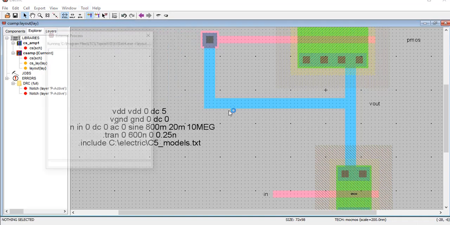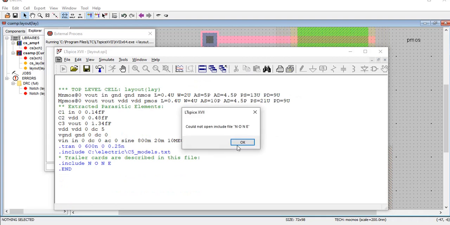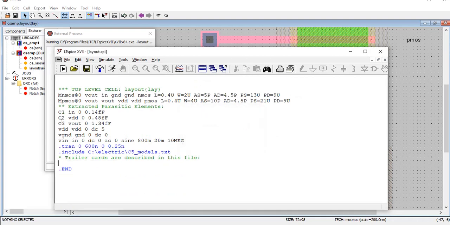simulation spice, write spice deck, just remove all the parameters over here, include none also you remove, and you can see the similar parasitics are being generated at three sides. One parasitic capacitance is at the input side, one parasitic capacitance is at the output side, one parasitic capacitance is at the VDD side. And as a design engineer, always our goal should be to reduce the parasitic capacitance. And also here you can see along with the description of length and width, I can also see the parameter, area of the source drain, perimeter of the source drain, every information I can see.